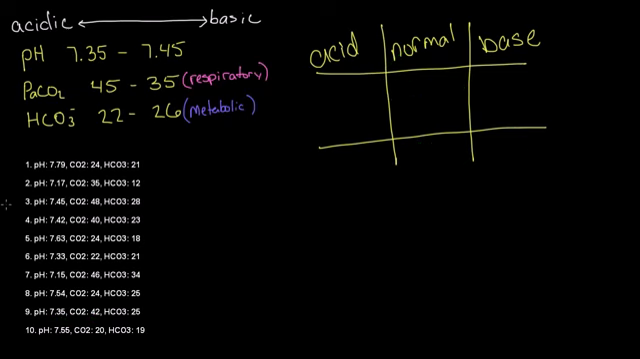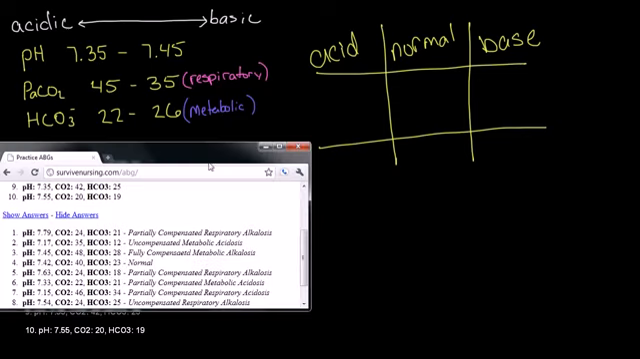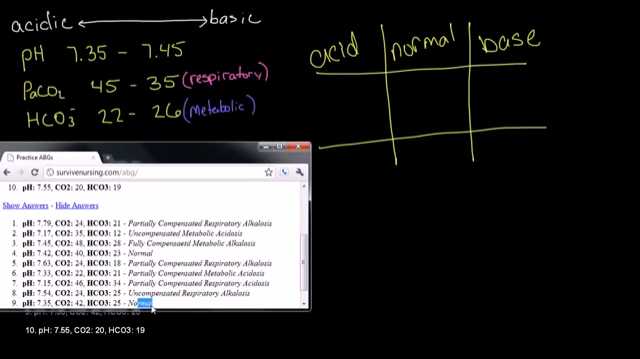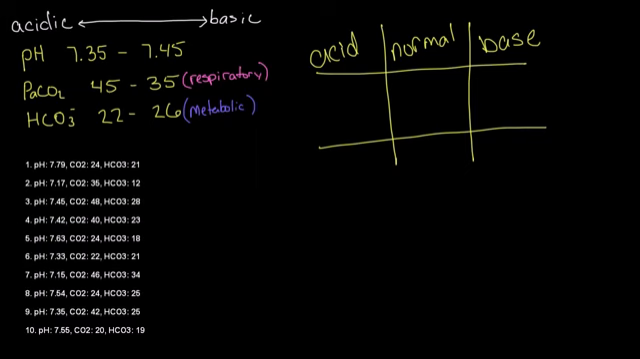Okay, moving on to problem number 10. Oh, actually, let's double check that really quick. So number 9 is normal. Normal. Okay. So number 10, pH of 7.55. This is basic. CO2 of 20. This is also basic. And an HCO3 of 19, which is acidic. So